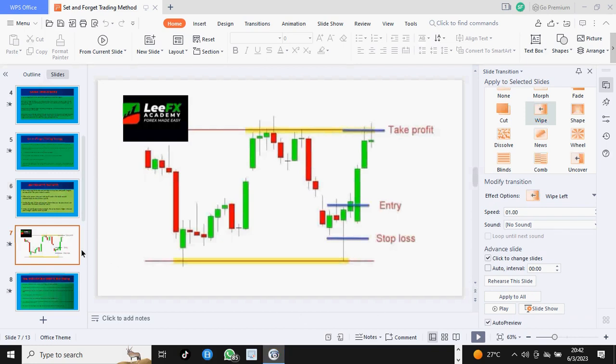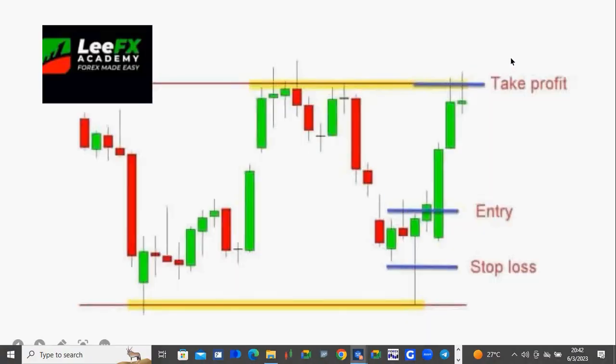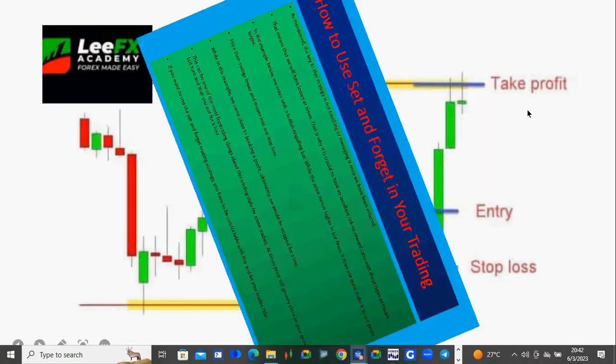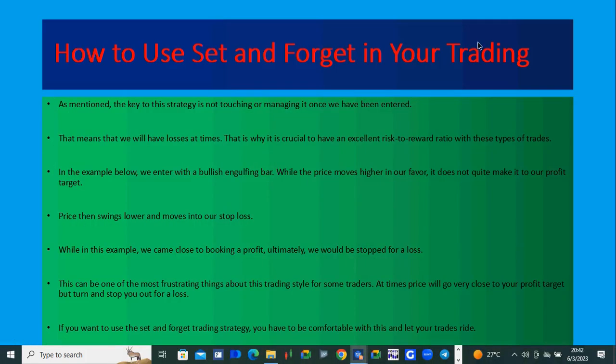So now, this is how supply works and this is how we buy. Now let us look at this strategy which we are talking about. So now, what you do is, if you are using set and forget,